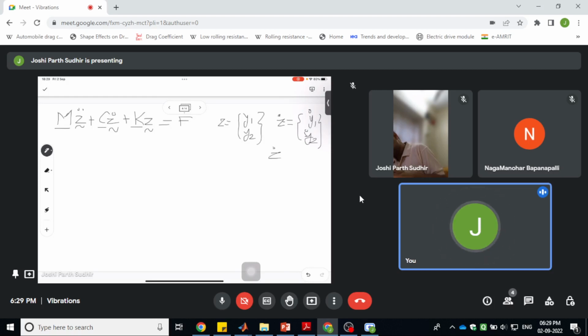and similarly z double dot will be the vector y1 double dot and y2 double dot. So this is the notation that we are using for this particular problem. So this is the general form of the equation of motion for any multi-degree of freedom system. So we will have a mass matrix, stiffness matrix, and damping matrix, and we will have the derivatives of the